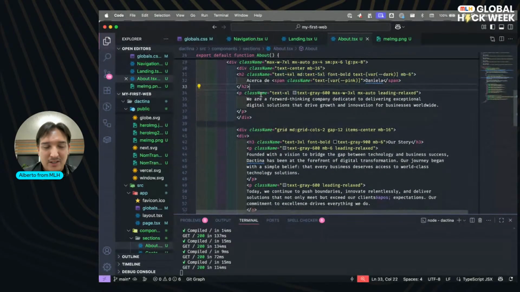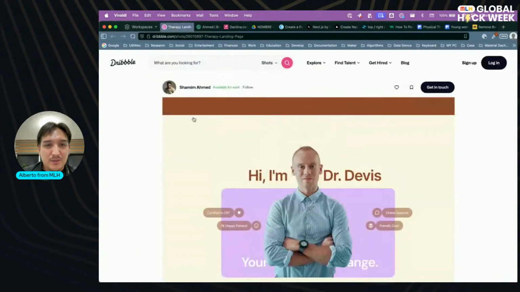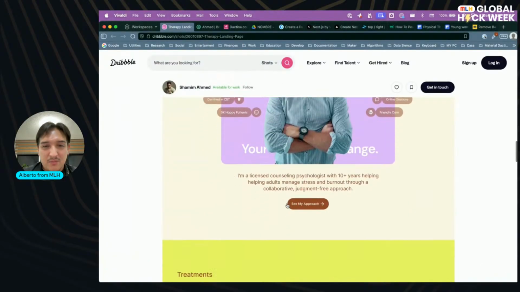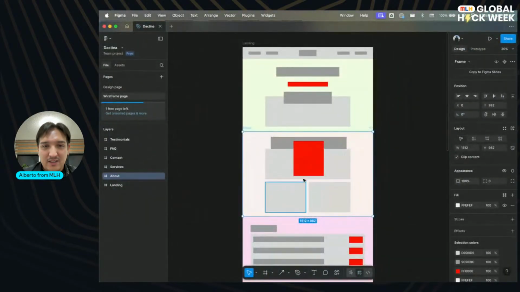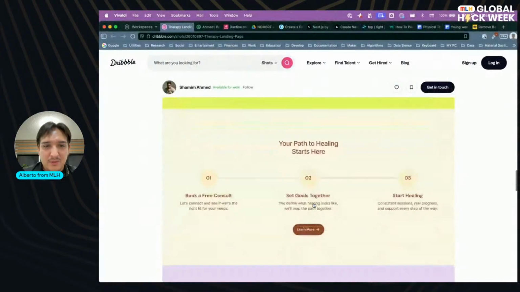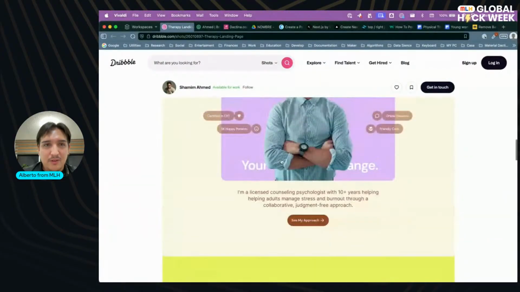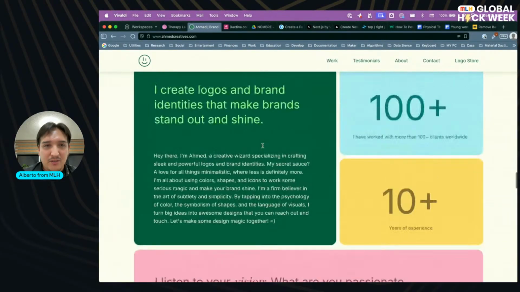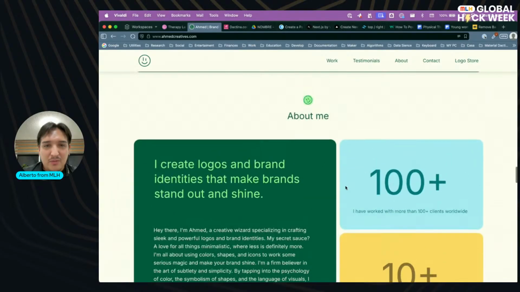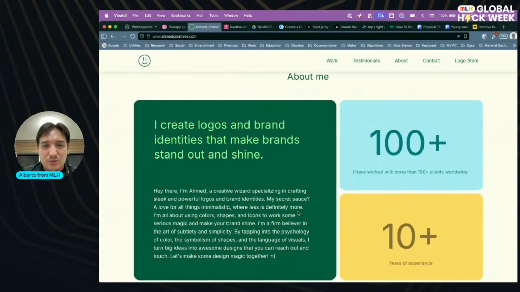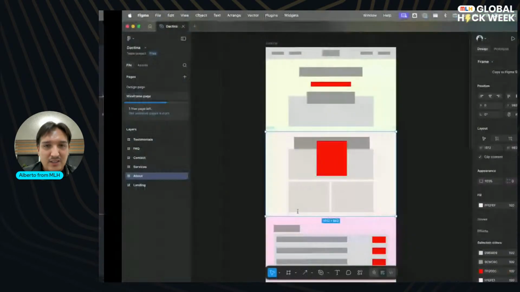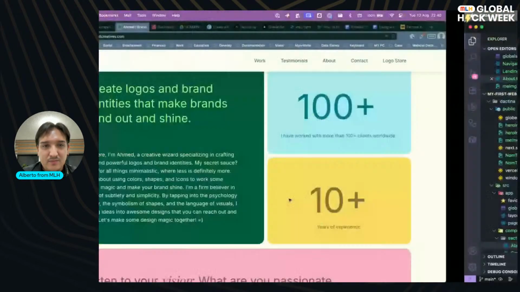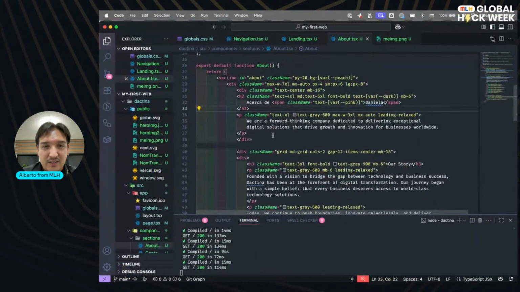So probably I need to add some things here about. I was thinking about, no, not from here, but from here, right? Yeah, from the about me. So one, two, three squares. So I'm going to make that layout.